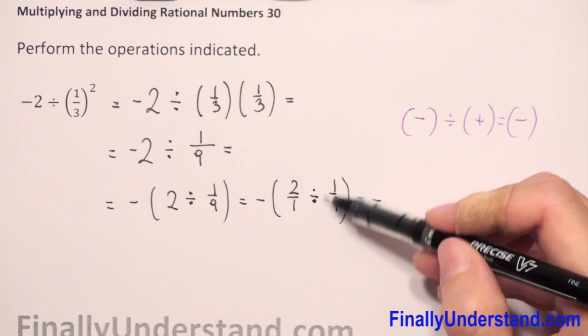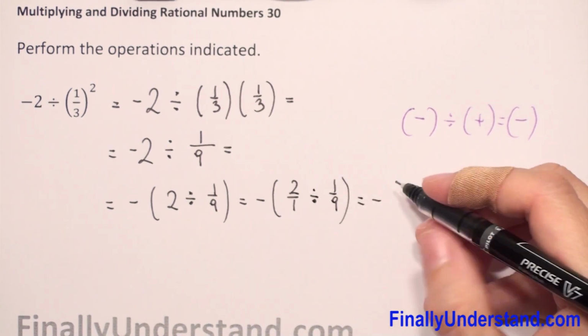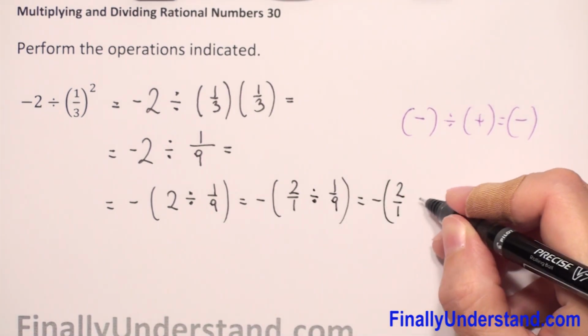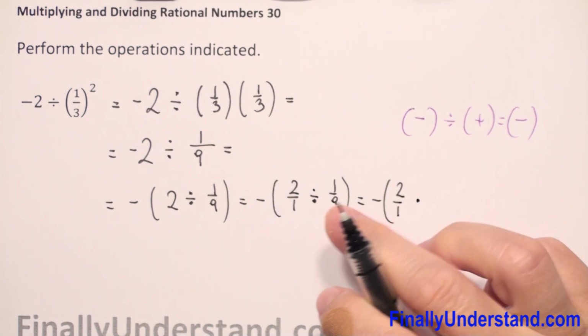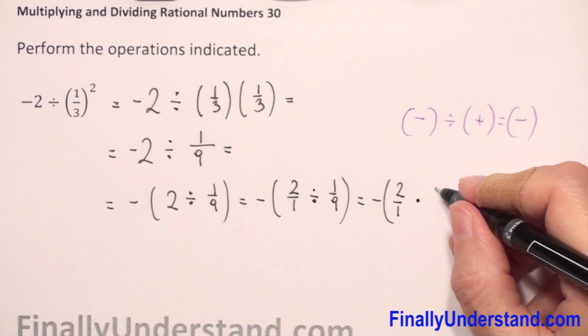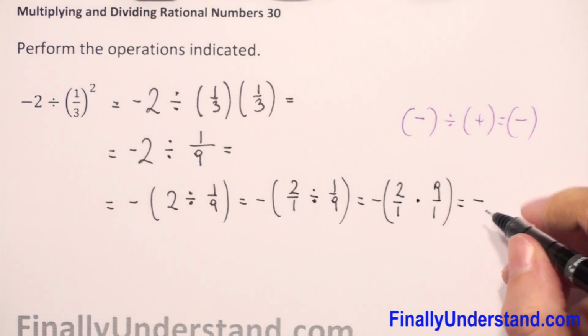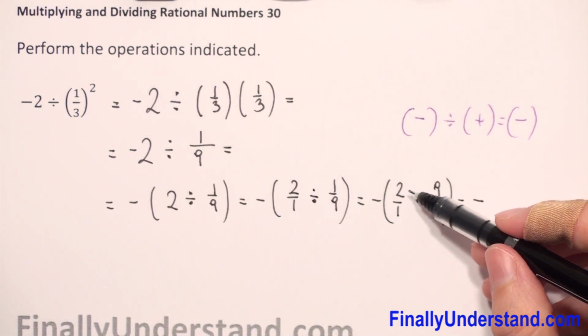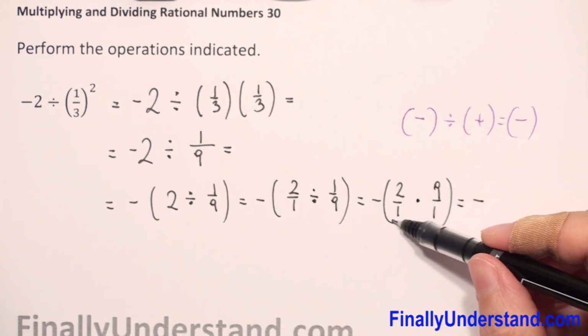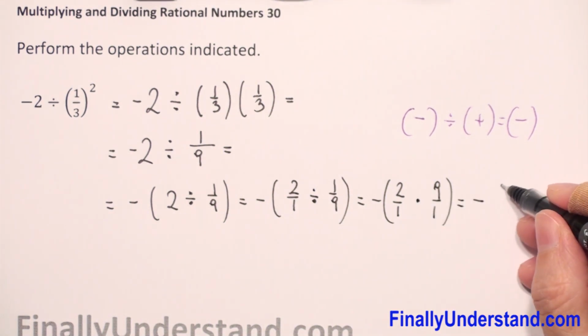And now when we have division of fractions, first fraction we have to copy, change division sign to multiplication, and flip the second fraction, so it will be now 9/1. So this is equal, negative sign we copy. When we multiply fractions, we multiply numerator times numerator, denominator times denominator, so it will be 2 times 9 is